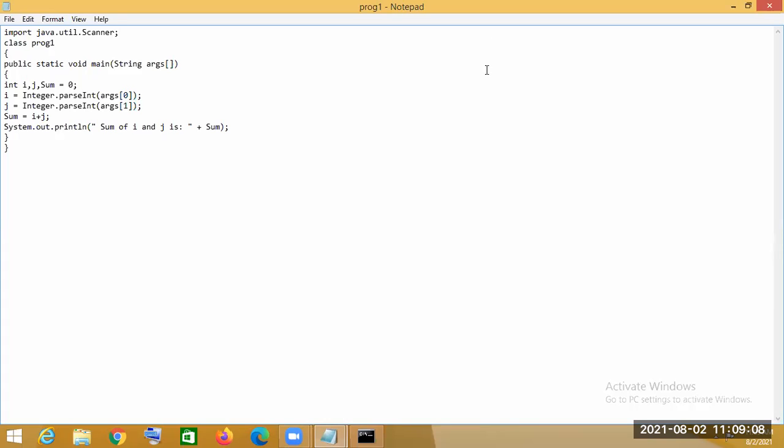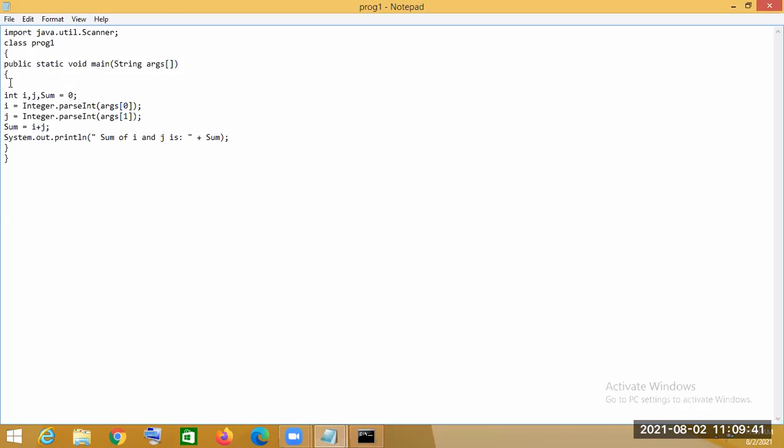That means for the addition of two numbers, we will take the input using the Scanner class, and after that we will perform the addition. So we'll see now step by step. Then, public static void main(String[] args). This is the main method. This is the same. Then, what I have said, I have imported already java.util.Scanner. Already I have imported the package.